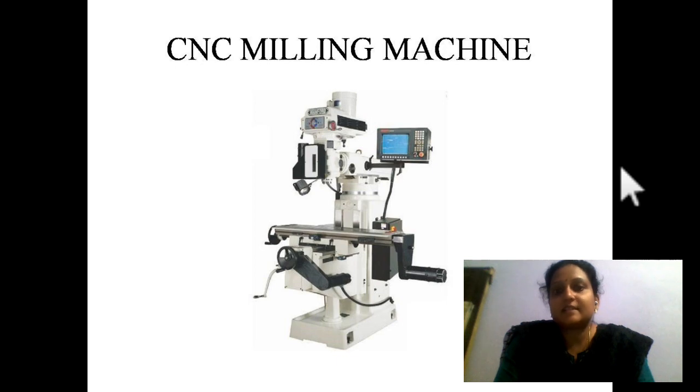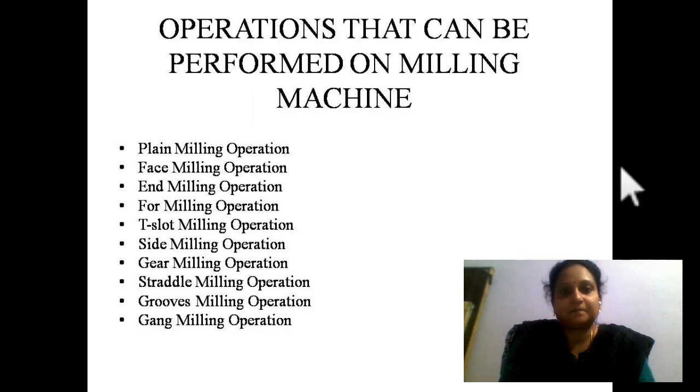Next one is the CNC milling machine. In case of the CNC milling machine, everything will be programmed. Programmed in the sense that we will write an NC program, and that NC program will be in the form of G codes and M codes. G codes are used for the movement of the tool, whereas M codes are used for the machining operations, meaning operating the machine. So here we will write a program using G codes and M codes, that is a CNC program. The machine will run based upon the program that we have given.